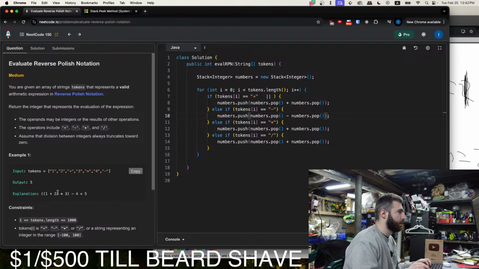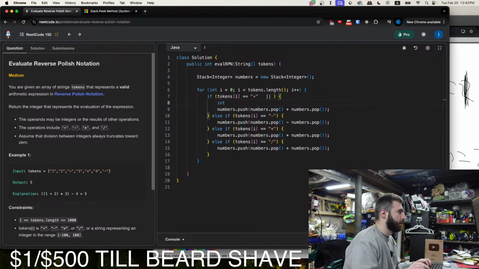So 3, we pop the 3, we put another 3 on it for minus actually. So this is 9. So 9's at the bottom, 4 is at the top. numbers.pop would be 4, would be 4 minus 9. Okay. So it's kind of a reverse order.